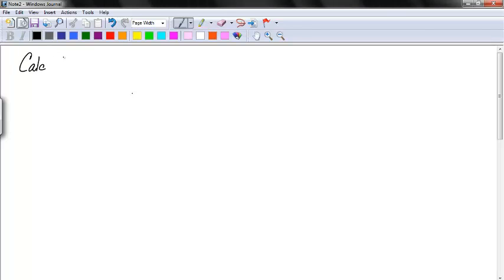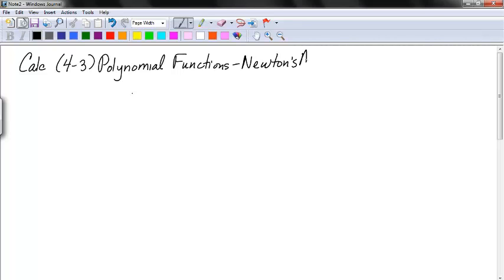Okay, so this will go in section 4.3, and it's called polynomial functions, and Newton's method, and optimization. Okay, first, Newton's method